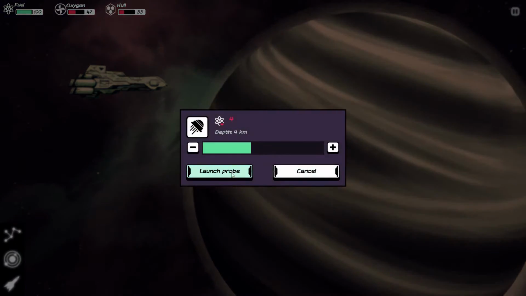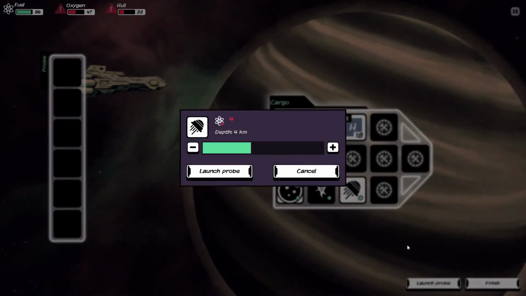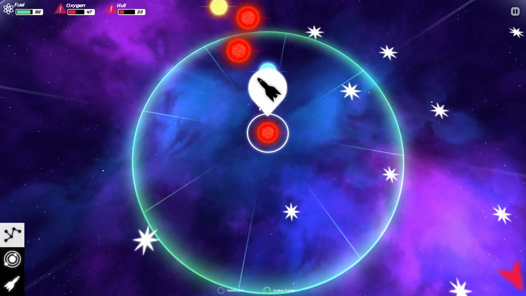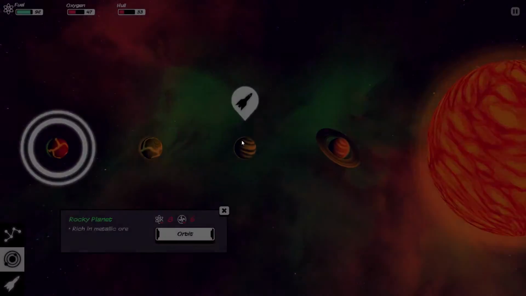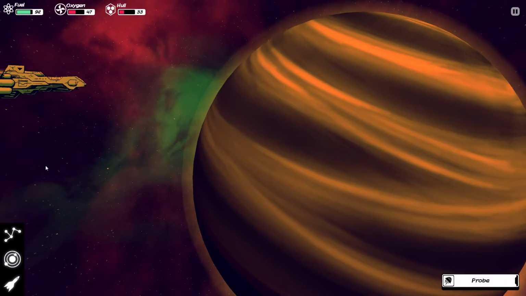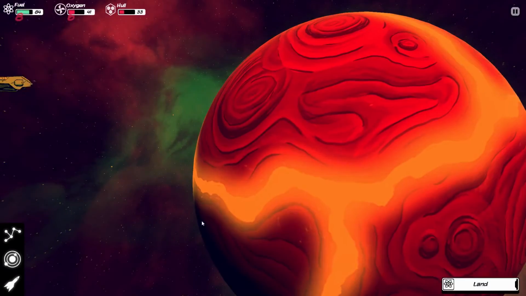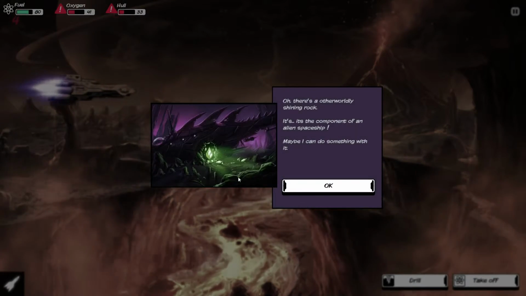Okay. Because I'm getting pretty good amounts of helium here, I think that's probably going to be diminishing returns. But I took quite a bit of damage here. Oops. So I should head to one of these rocky planets and see if I can...